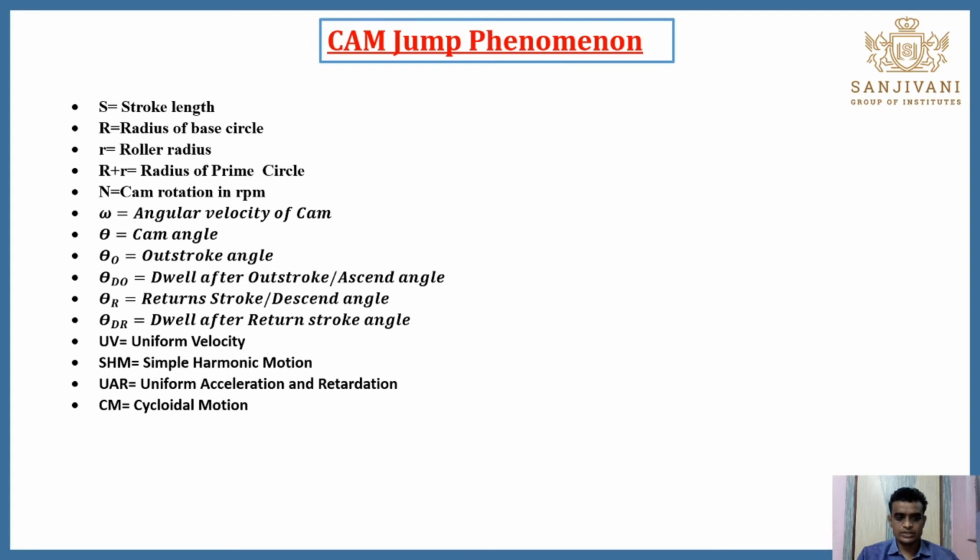Now these are some notations that we are going to consider. S is the stroke length, capital R is the base circle radius, small r is the roller radius, R plus r is the prime circle radius, n is the rotation of the cam, omega is the angular velocity, theta is the cam angle, theta o is the outstroke angle, theta do is the dwell after outstroke, theta r is the dwell after return stroke. Again, there are some notations: UV means uniform velocity, SHM is simple harmonic motion, UAR is uniform acceleration retardation, and